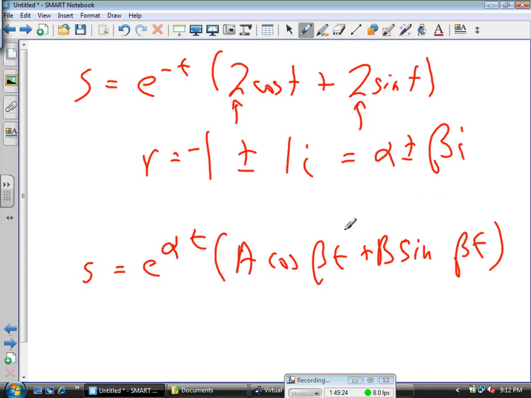Beta is what we used to call omega. The 1, not the plus or minus, just the 1. This is an absolute value always. That 1, that's the beta. That's the 1t. Okay? So whenever you get complex roots, this number goes in front of this t, and this number goes in